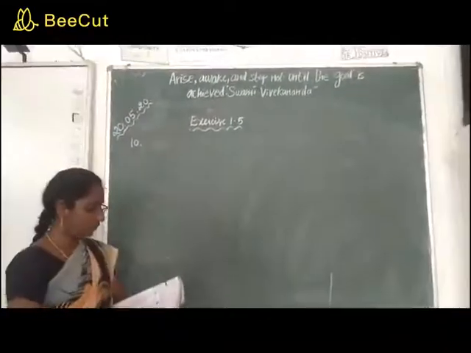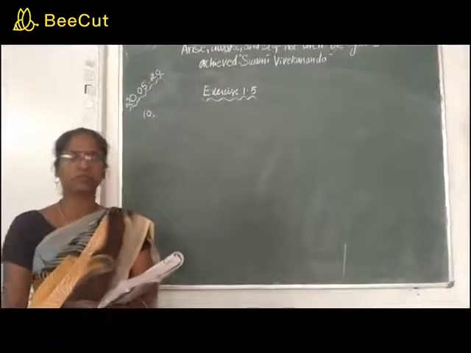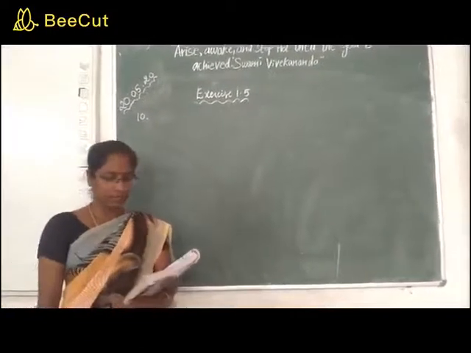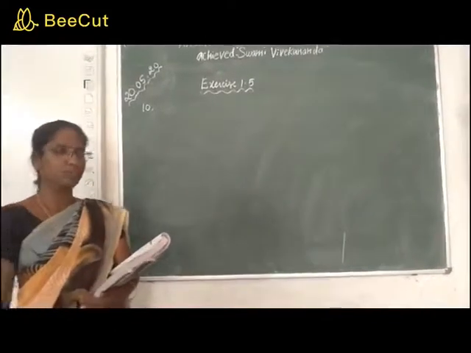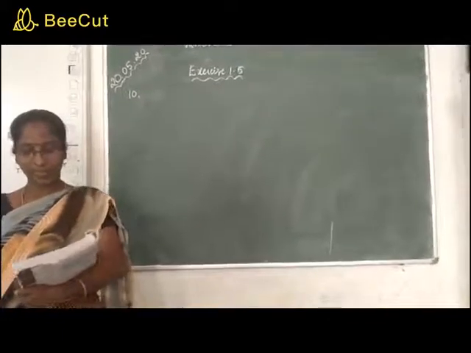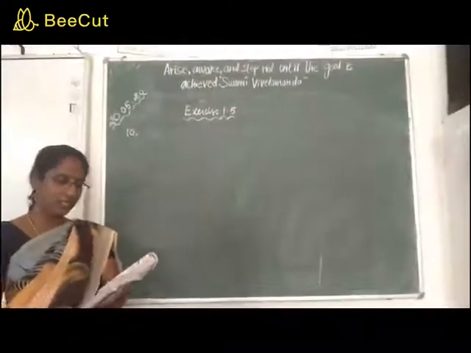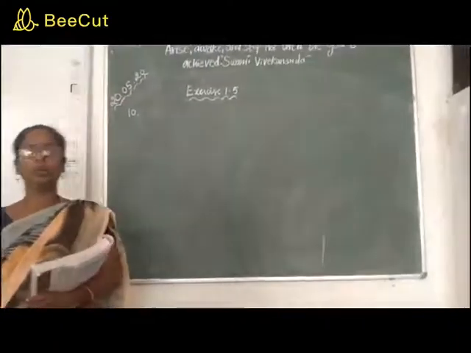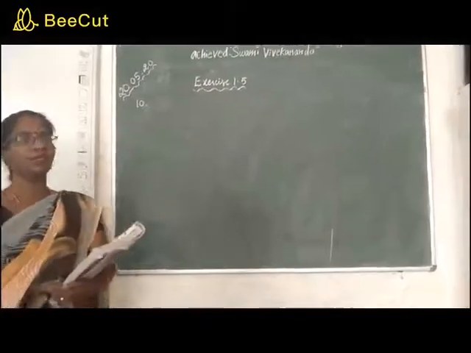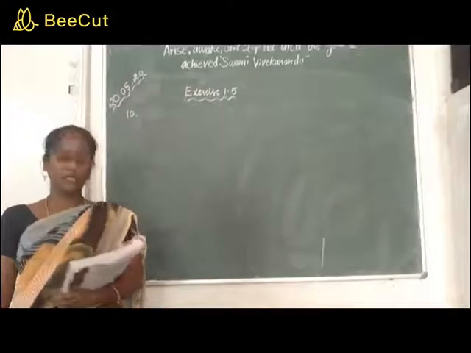Let us see the 10th one. In electrical circuit theory, a circuit C(t) is called a linear circuit if it satisfies the superposition principle given by C(a t1 plus b t2) is equal to a C(t1) plus b C(t2), where a, b are constants. Show that the circuit C(t) equal to 3t is linear. So they are given two circuits, t1 and t2. We take the first circuit with constant a, and the second with constant b.